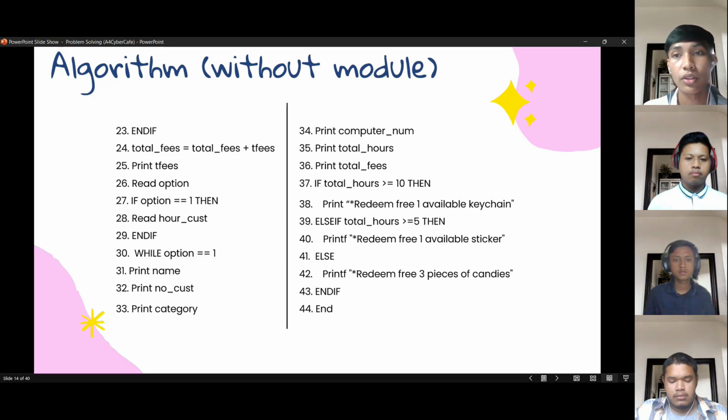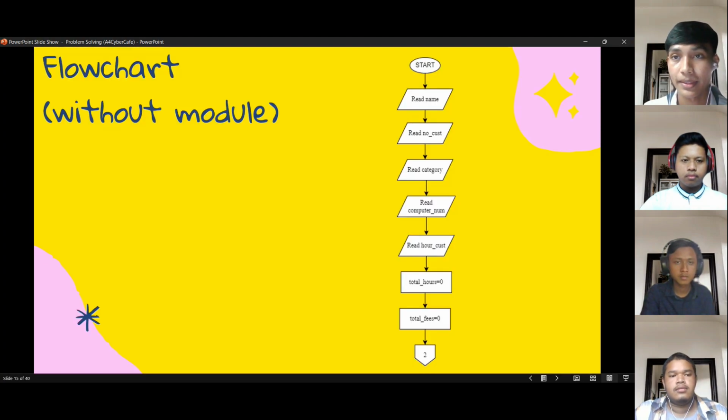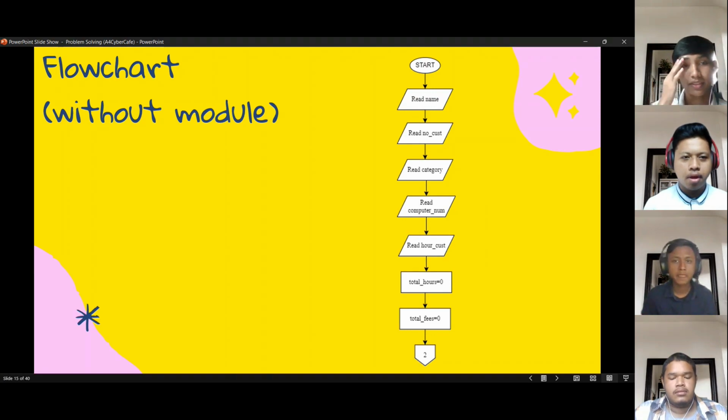So I think that's all for this algorithm without module part. And next, I pass to Akif Dani for the flowchart without module. Thank you, Aima, for passing to me to continue our project presentation. My name is Akif Dani. My matrix number is